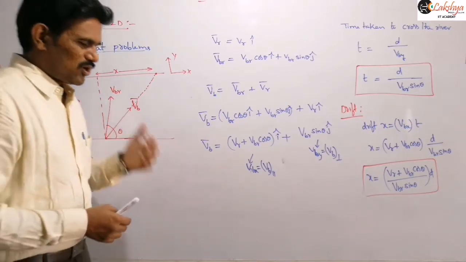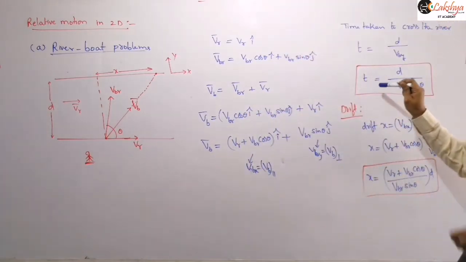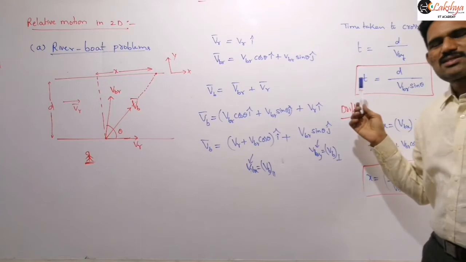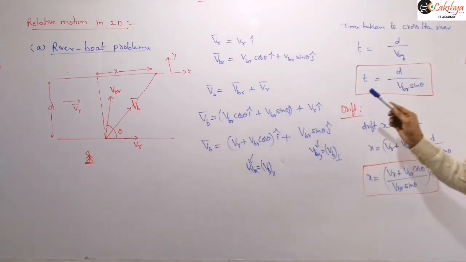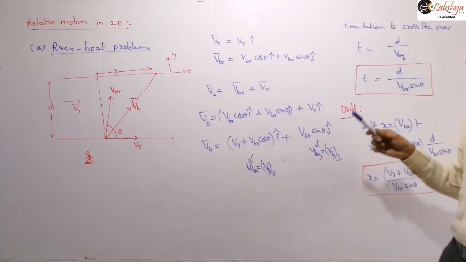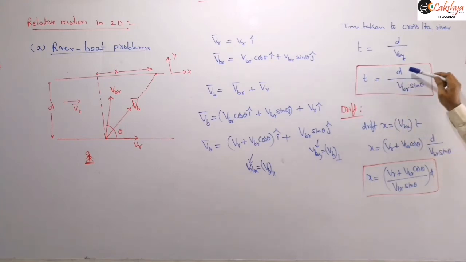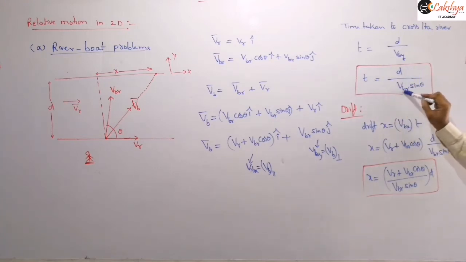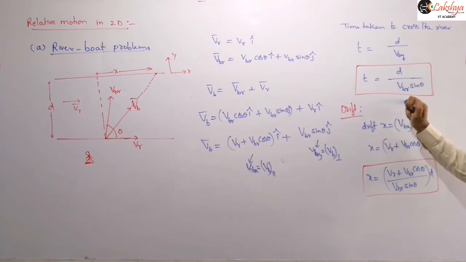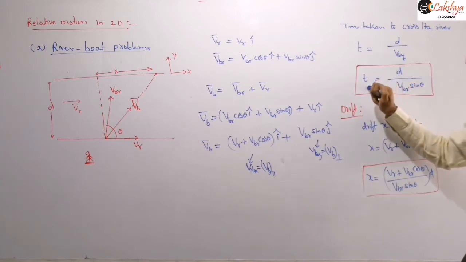And so now if you want to cross the river in a boat in the shortest time, we already derived an expression for this time here. From this we can say when this time will become a minimum, so that we are crossing the river in minimum time. So if you want to cross the river in minimum time, then this t value must be minimum, right? When this t value is minimum, then this d is a constant value and VBR is also a constant value for a fixed given velocity here. So then this is our variable value, that means sine theta. So when sine theta is maximum, then you will get this t value minimum, right?